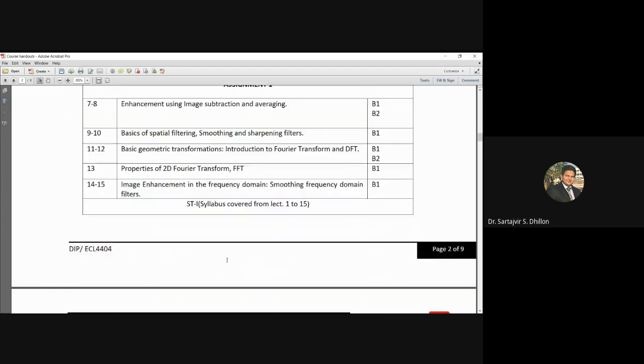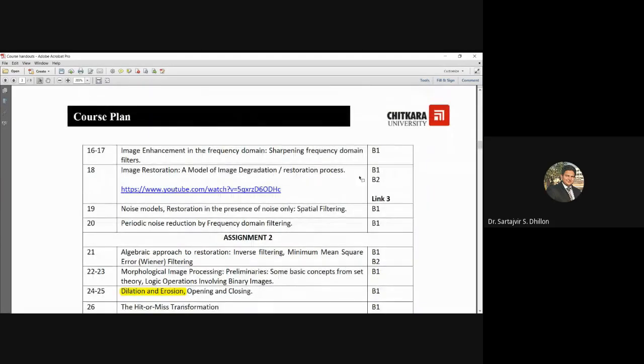Your last topic for ST1 will be image restoration, that is just the basic information regarding image restoration, which includes the model for image degradation and image restoration.